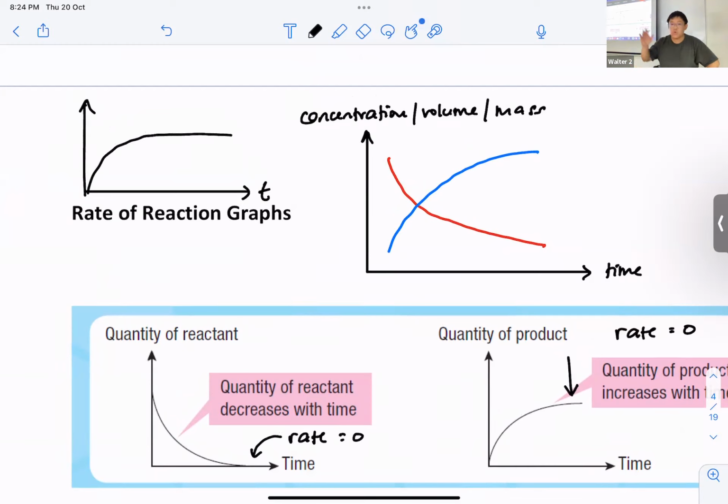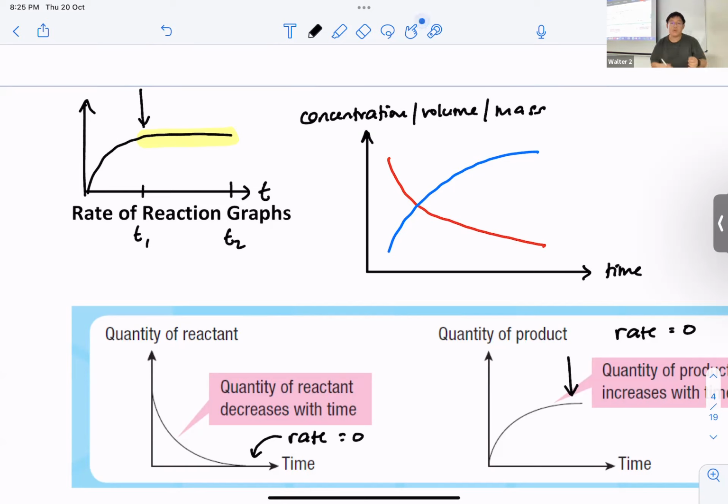You will notice that they will show you up to an extended point of time. During this time, there's no more rate already, correct? So we say the reaction is complete when the rate approaches 0. Supposedly at this point over here, which I'm going to label as T1, T1 will be the time where the reaction is complete. So when you calculate the overall rate of reaction, you will not take the time up to this end over here, which is T2. We're not going to take T2, we're going to take T1 only